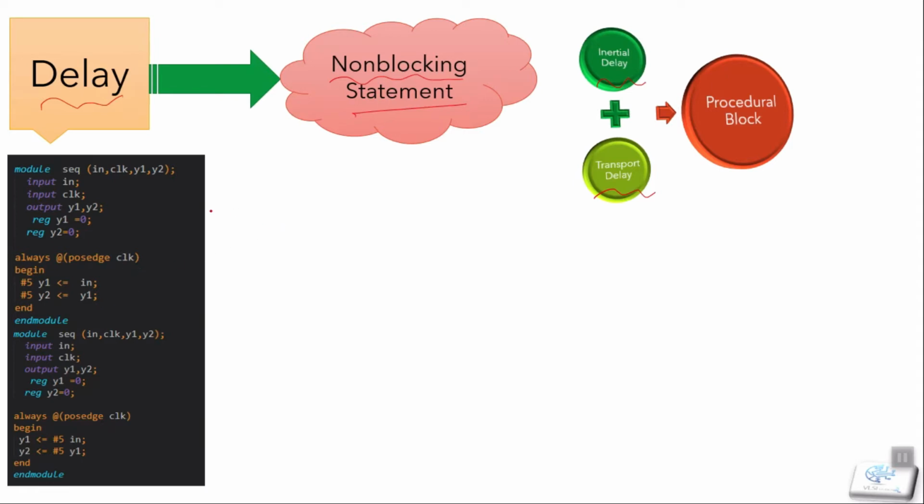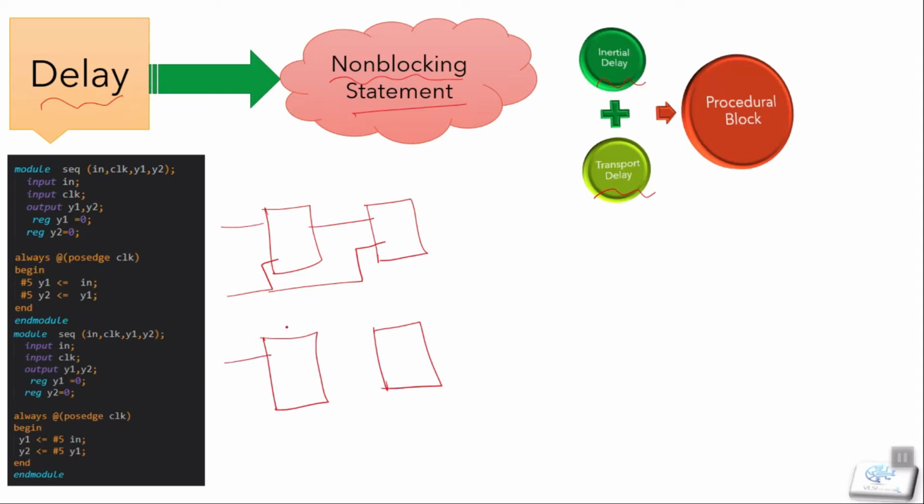So now let's think about how things actually work on the hardware. Firstly, the input goes into our first flip-flop and the output of this goes to another. Here we have a delay of 5 and 5, and here comes the clock.